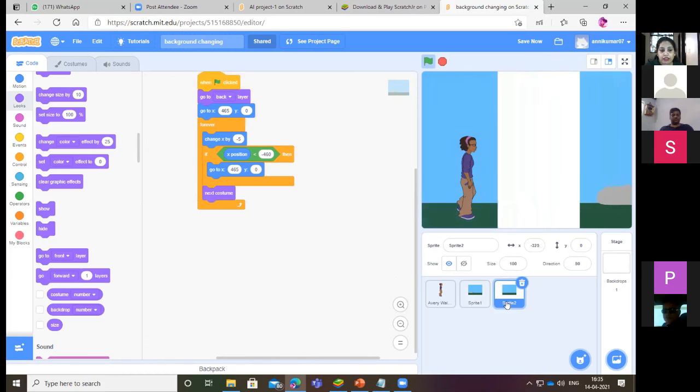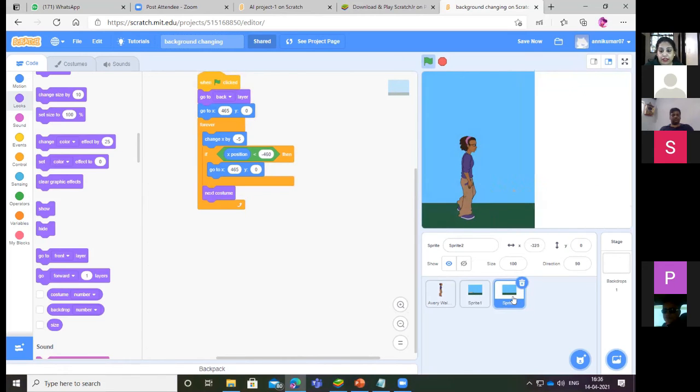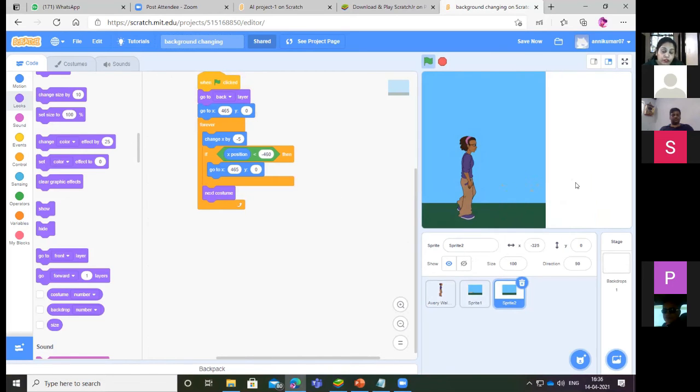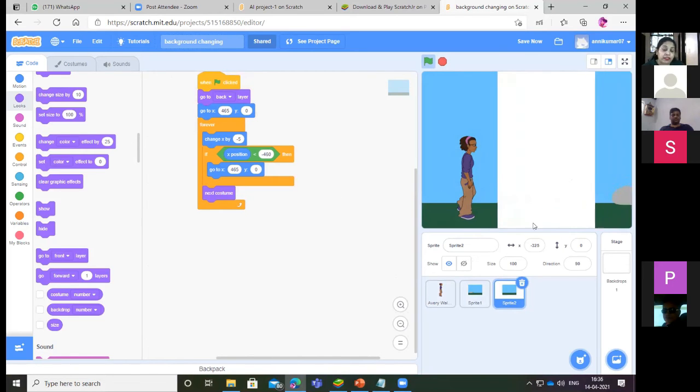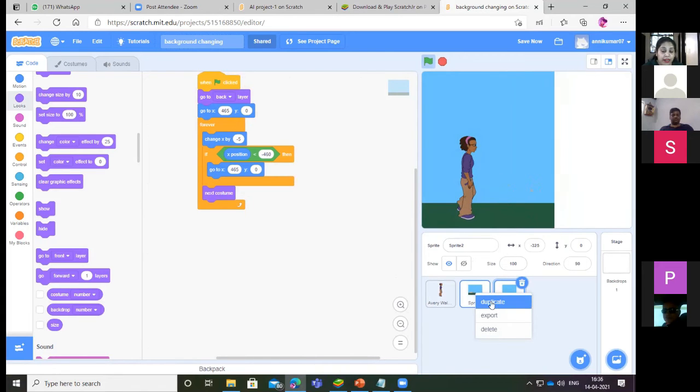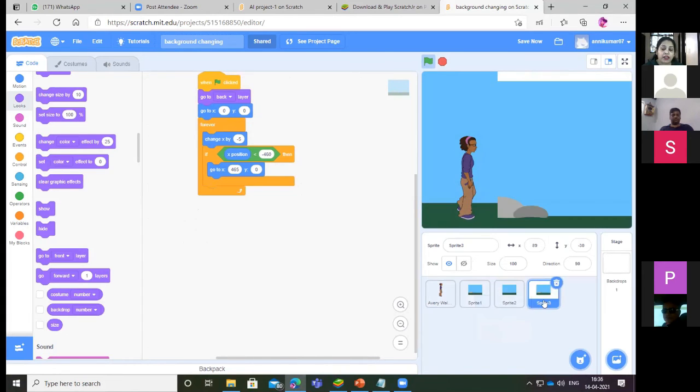Now in the second sprite, you will see there is a next costume block also. So one sprite is moving towards the left and the next sprite is coming. What you need to do is right-click on this sprite and click on duplicate. I have done this duplicate. Now this is the new sprite.